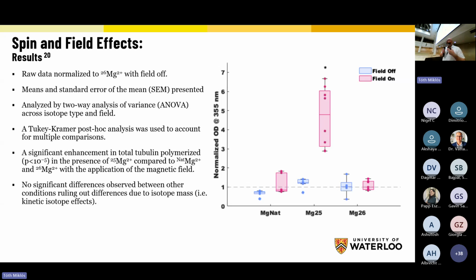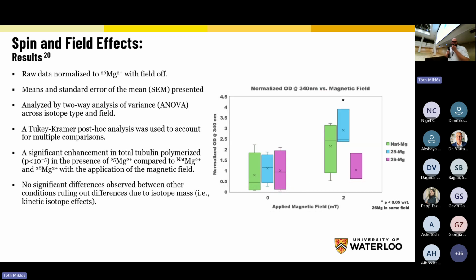At the time, we did not have the money to do this. These isotopes are very, very expensive. They run on average about $2,000 to $4,000 for 50 milligrams. And so for these original results, we were only able to do this one experiment. Then I moved away from Florida and moved up to Waterloo, and we are just starting to get our wet lab up and running. And so these are our very preliminary results with an alternate magnetic field.